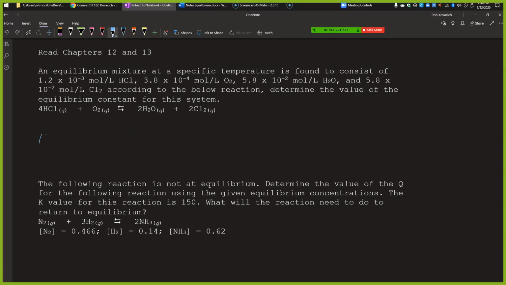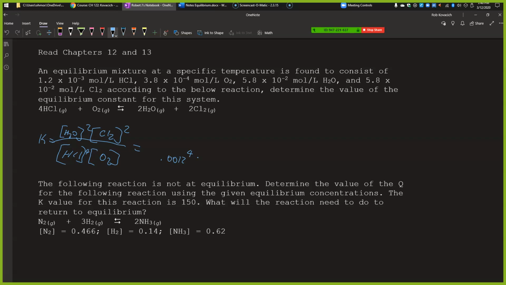The equation is going to be K is equal to water to the second, chlorine to the second, divided by hydrochloric acid to the fourth, and oxygen to the first. So we can just kind of plug and chug here. It says we've got 1.2 times 10 to the negative third chlorine, so 0.0012 raised to the fourth power